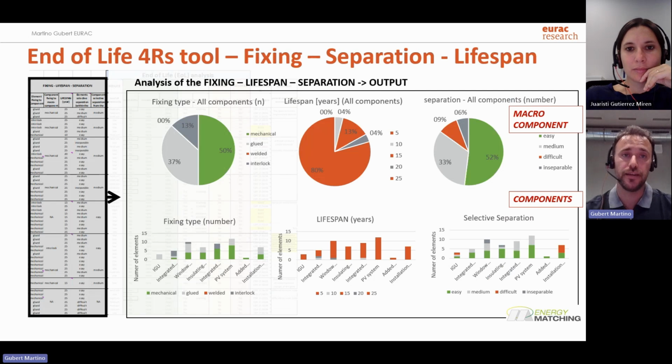Then we have the section regarding the fixing system, selective separation, and lifespan. So for every component, we have which kind of fixing system we have, then the expected lifespan of the components, and then finally the level of difficulty to separate every component, which are normally merged together in a technology.